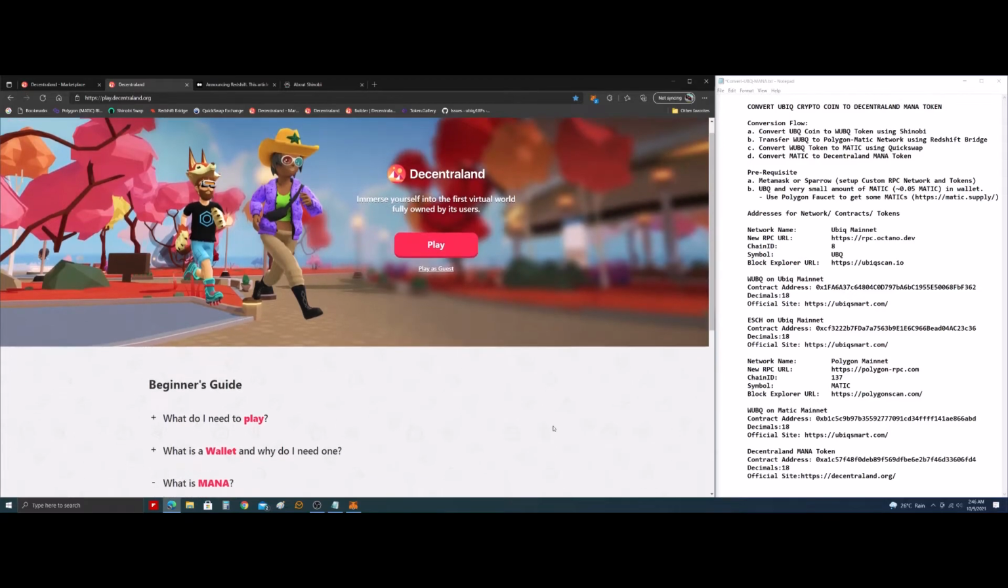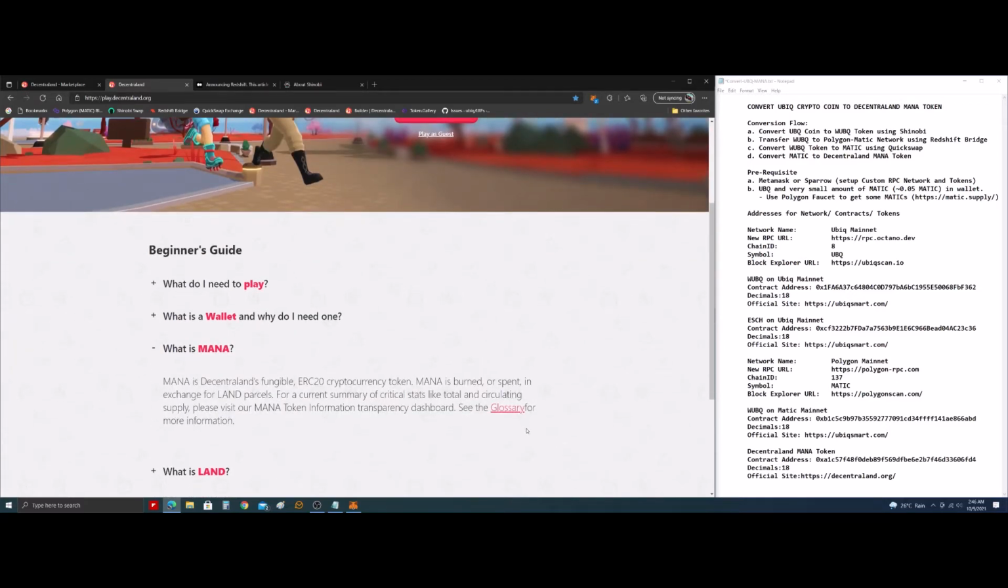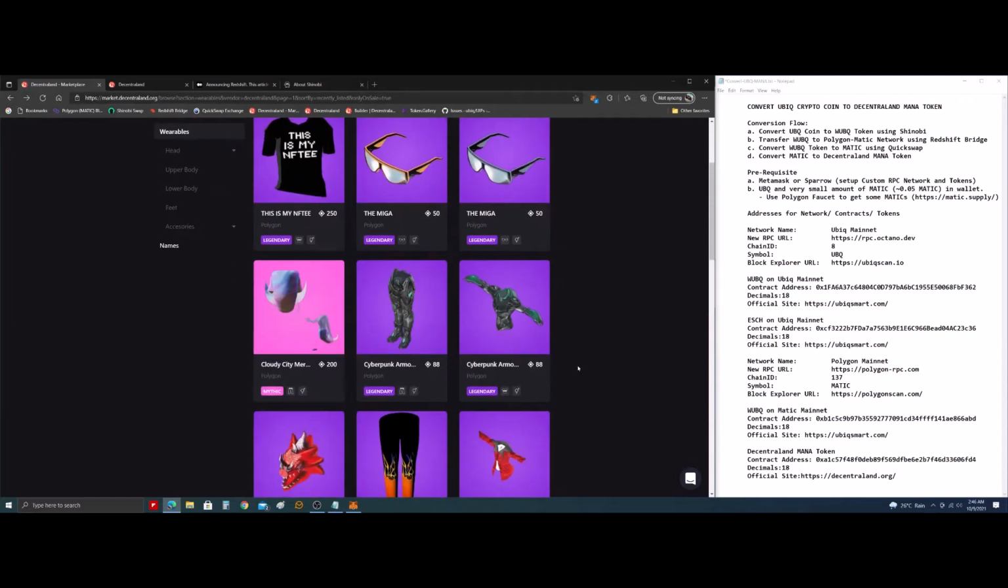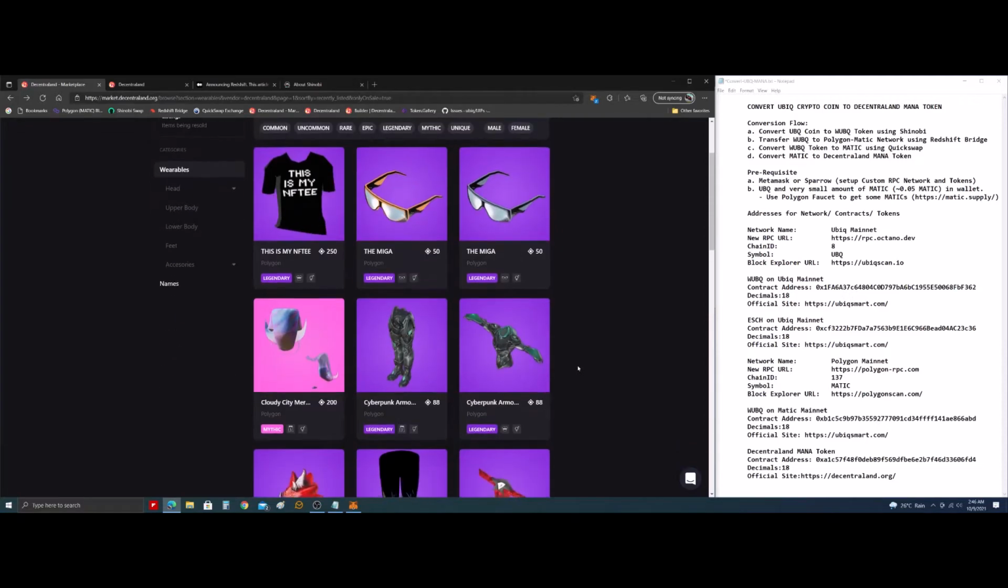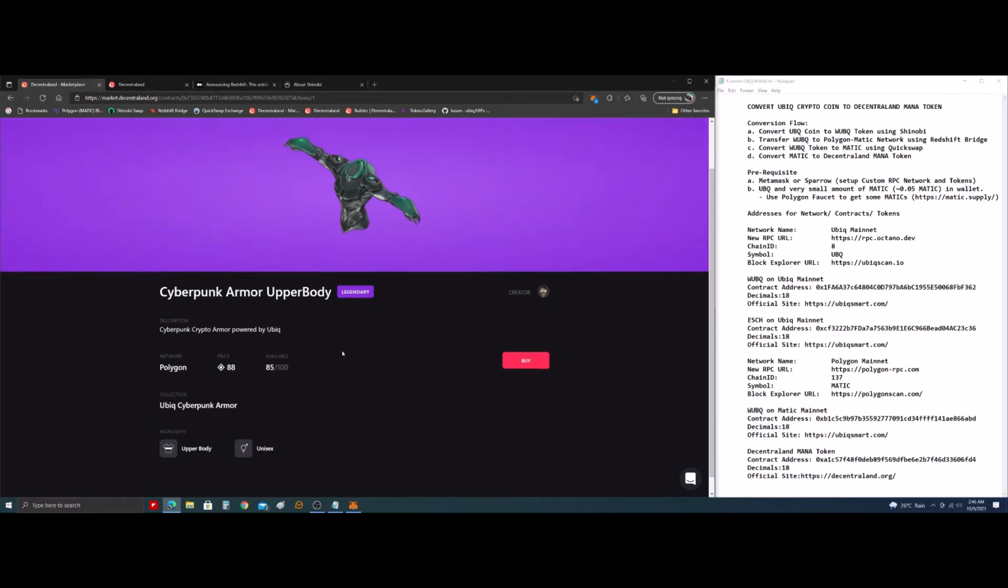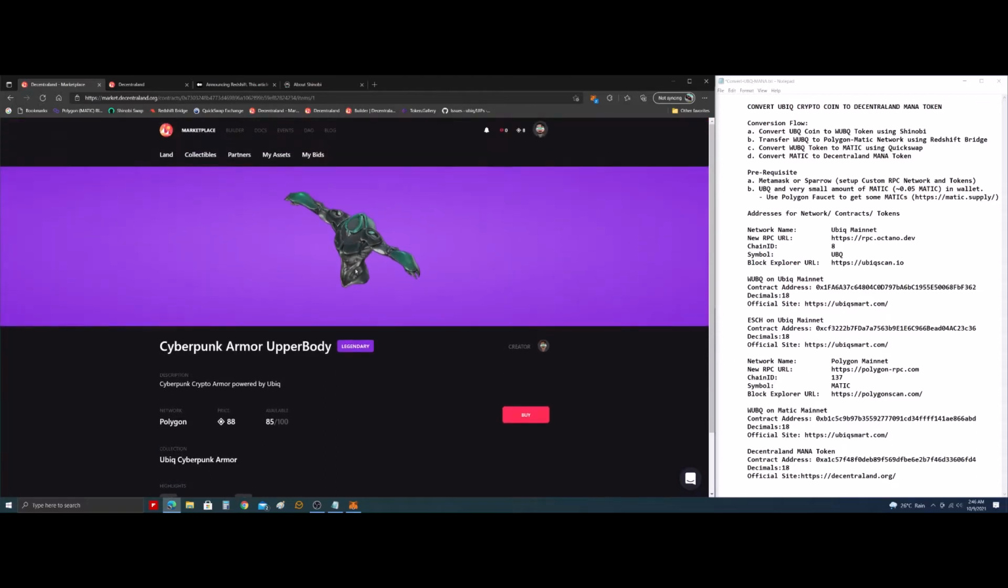But basically, one aspect of this Decentraland is that they have this concept where you can buy things for your virtual reality world, for Decentraland. So you can buy a lot of things, which they call collectibles. Recently, I saw that the Ubiq community launched special edition wearables. They call it the Cyberpunk Crypto Armor powered by Ubiq, and that's how I got into playing Decentraland in the first place, because I wanted to get hold of this cool-looking